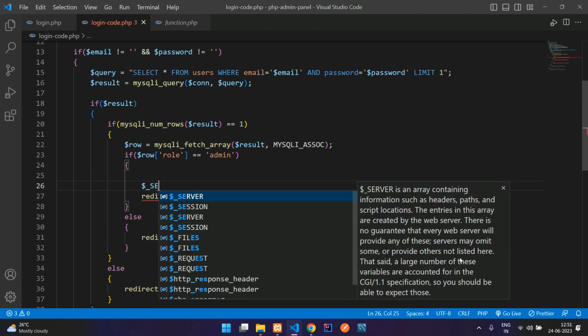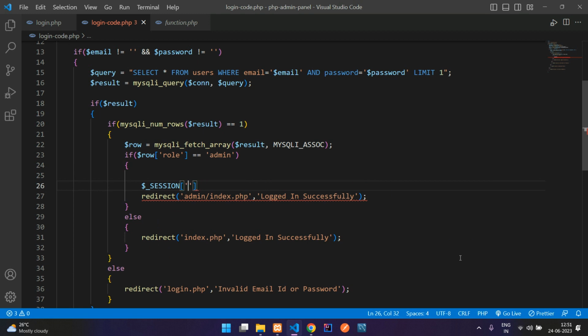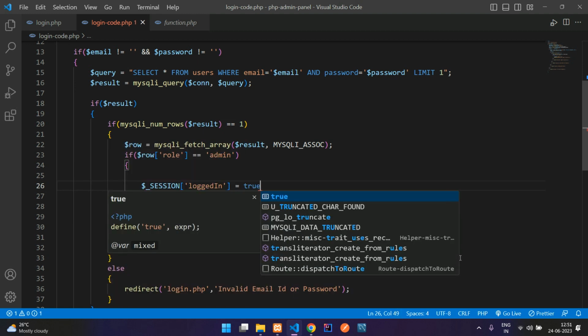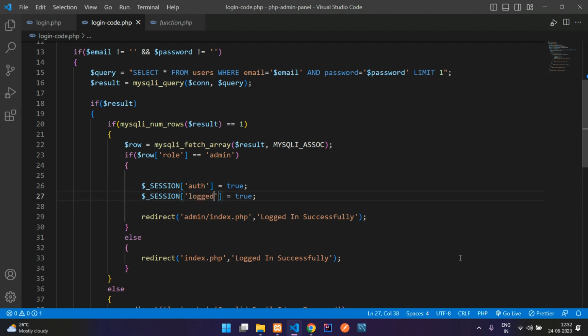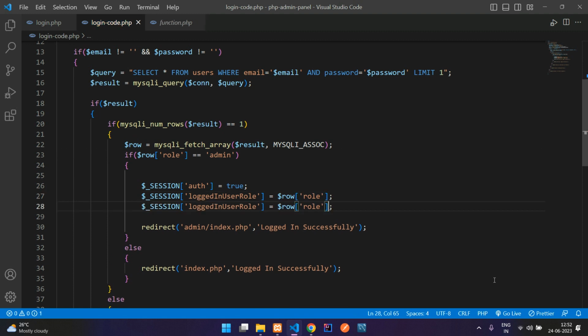Let me add a session here. First we are going to check whether it is logged in, that is your authentication, which we are going to set to true. Okay, logged in true, or you can mention auth also. And let us copy and paste and add the logged in user role. It's actually $row. Let's paste here. So again copy, and this is the logged in user details. Okay, so if you want you can keep it directly, or you can add login user data also. So I'm going to keep it as logged in user,